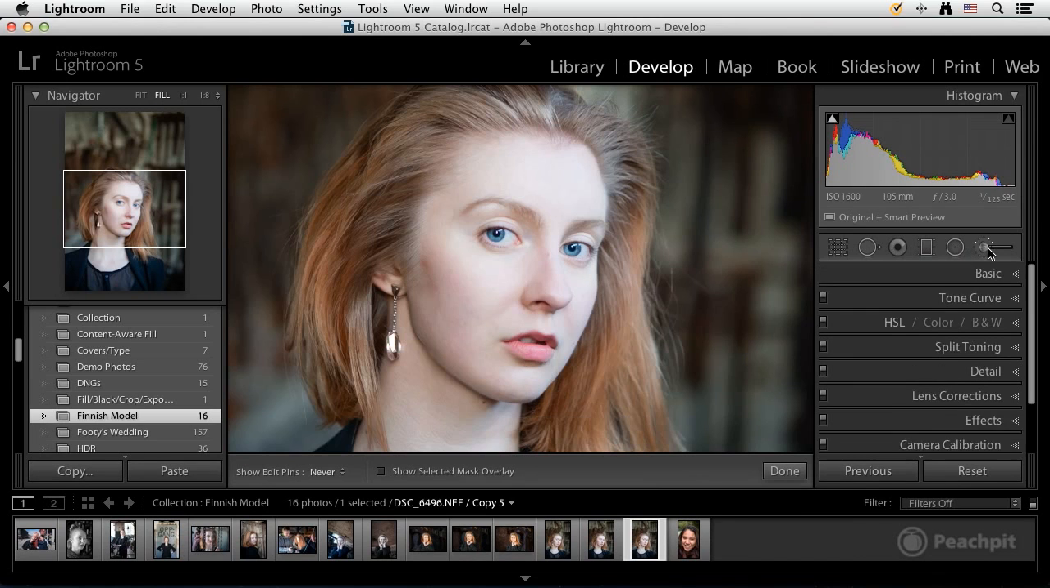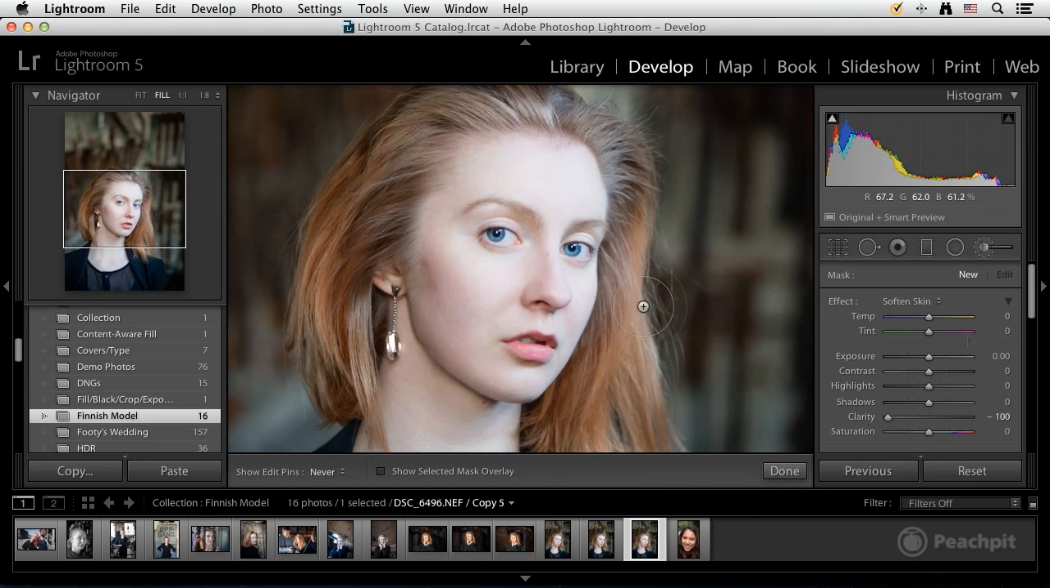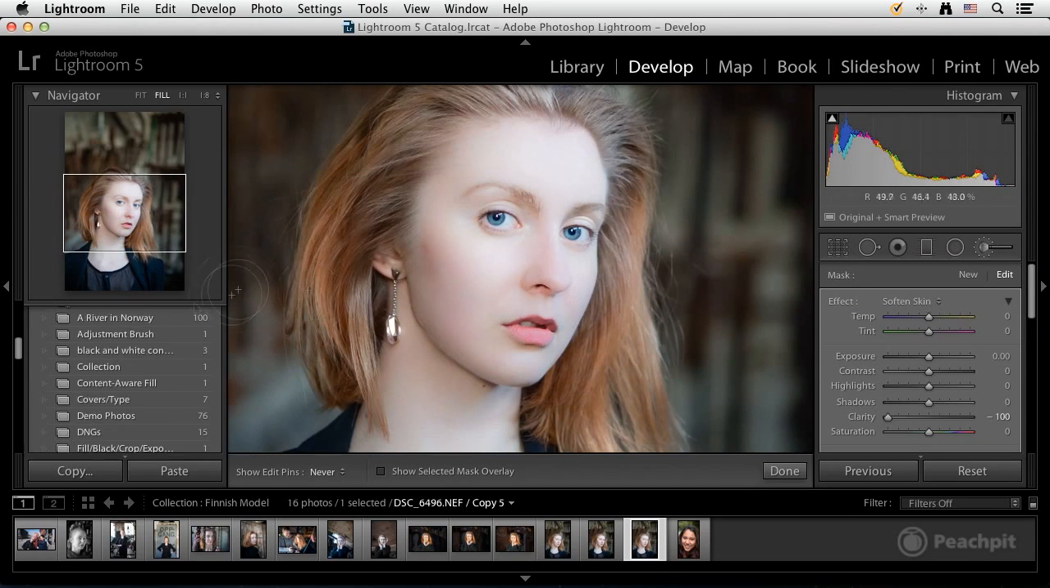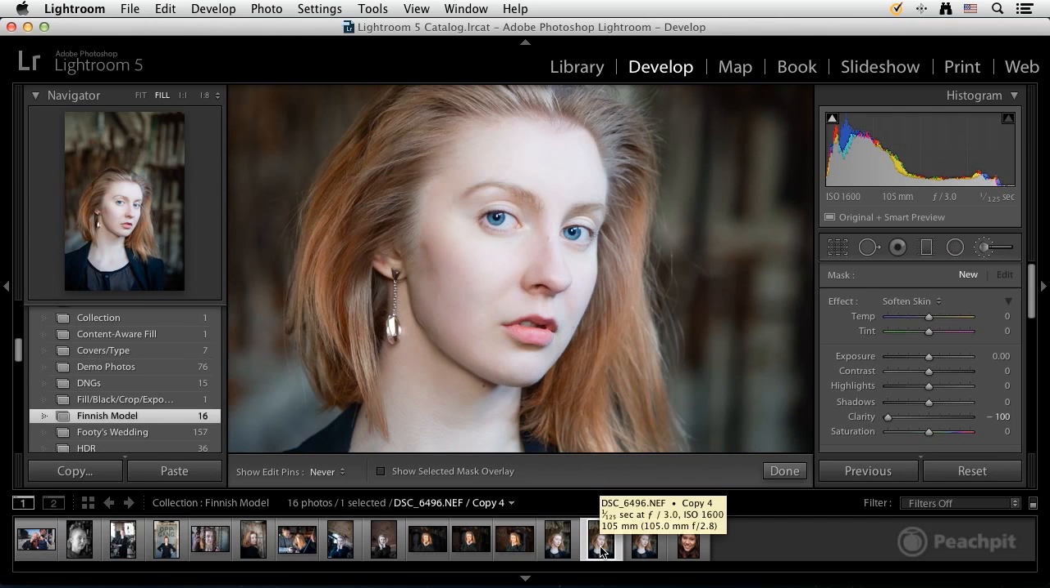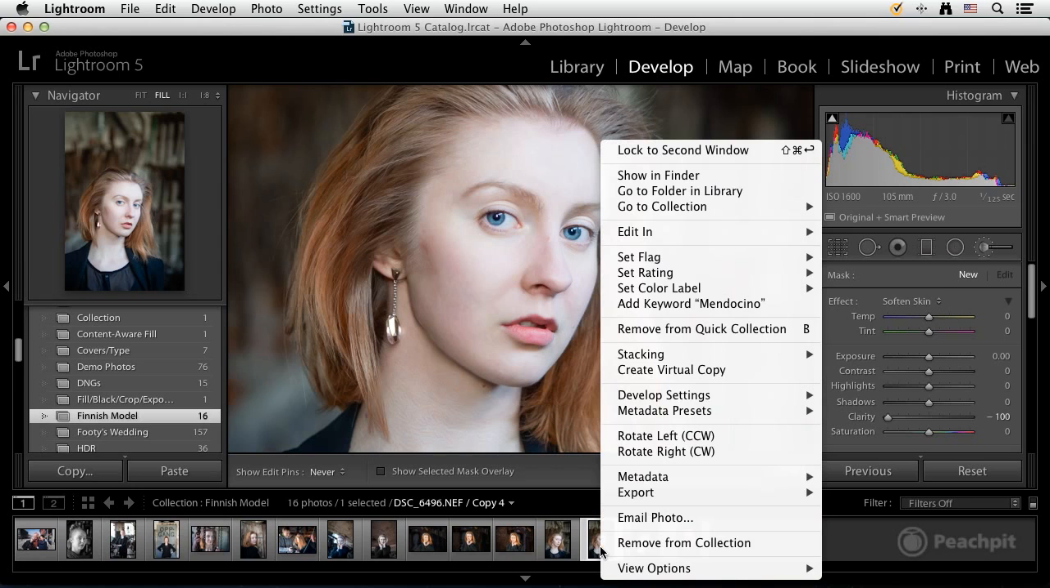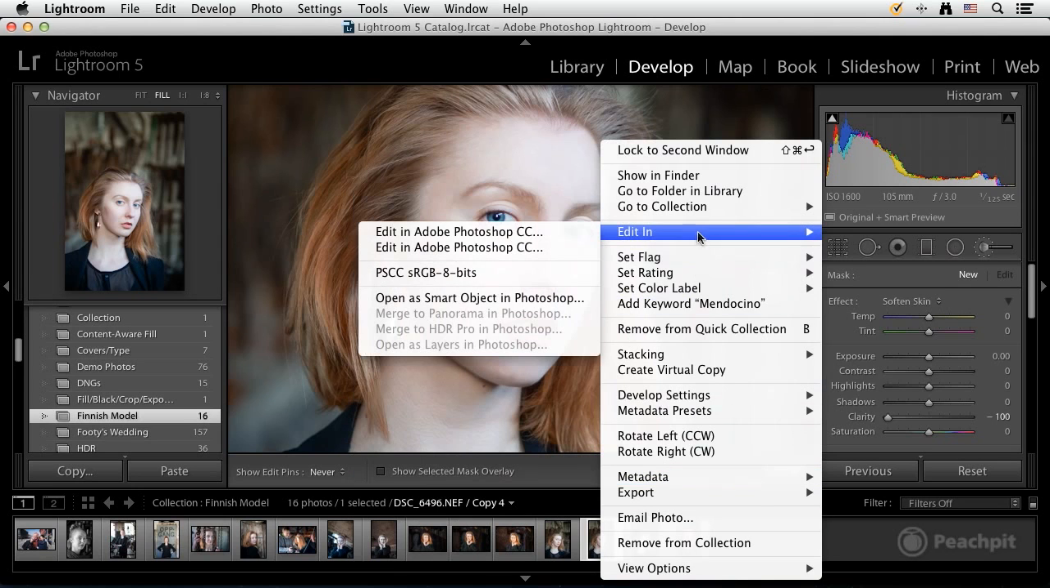I'm going to use Lightroom's adjustment brush to soften the skin. As you can see, it does a good job. But now, I'm going to bring the other virtual copy into Photoshop. I'm going to right-click on the image and choose Edit In, and this time I'm going to bring it in as a smart object in Photoshop. This enables me to use a smart filter, which means my changes are non-destructive and can be changed at any